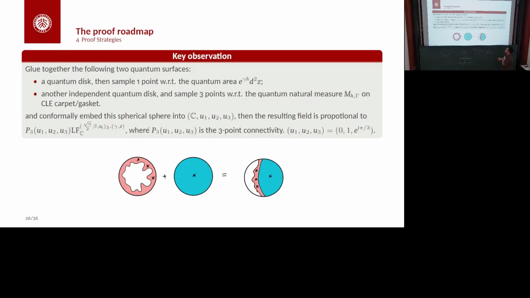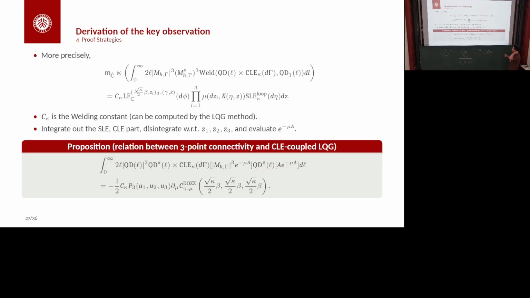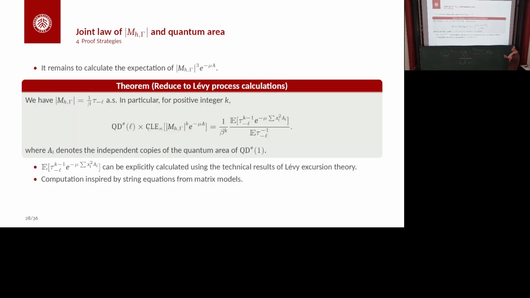Okay. The proof strategy is basically similar to Morris' talk about computing the 3-point function of a conformal radius. But here we have some additional difficulties, which is to compute some Liouville process quantities, like some joint law, some stopping time, and also some jump process weighted by the quantum